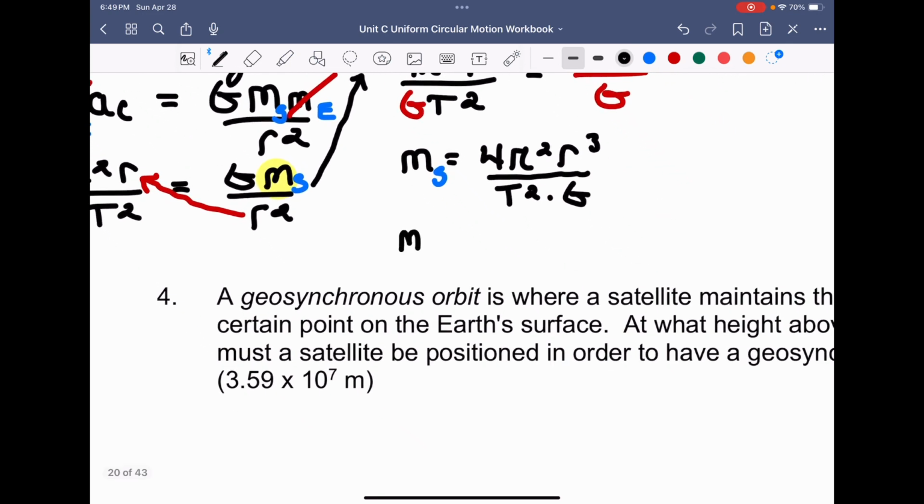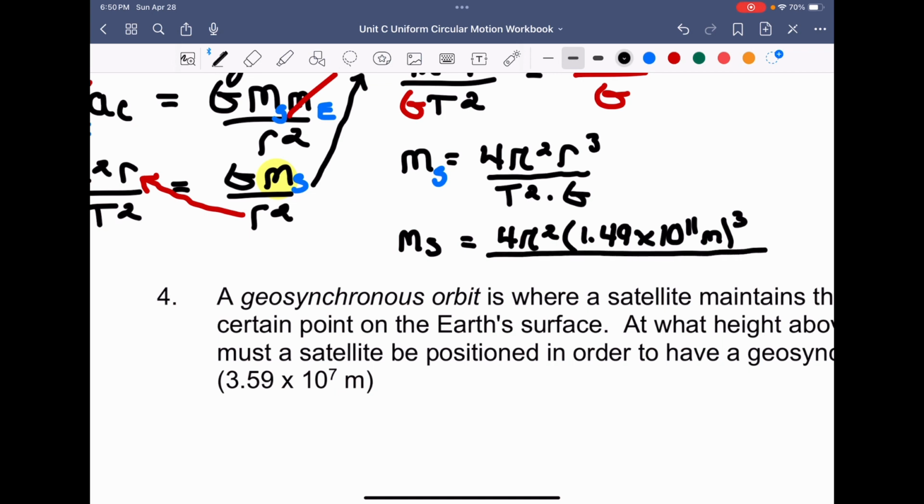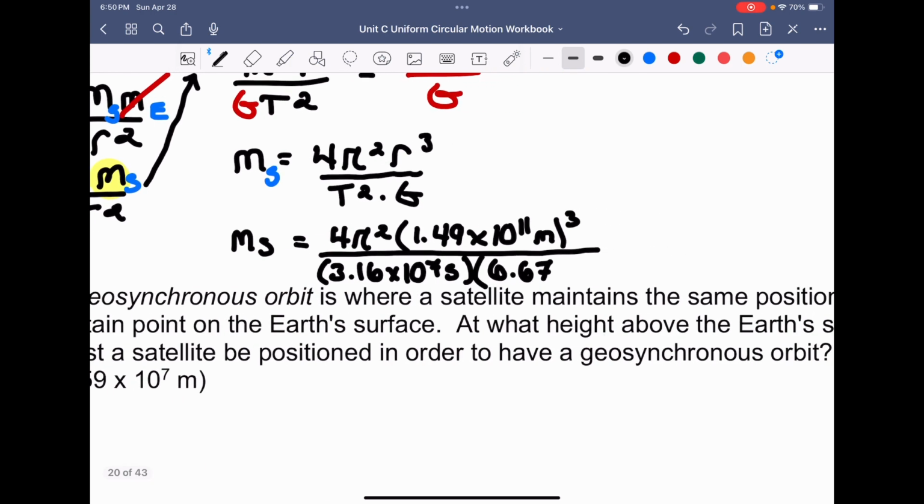Now, we're going to write this in as mass of the sun is equal to 4 pi squared, radius, they gave us that radius, which was 1.49 times 10 to the 11 meters. And this is going to be cubed, so I'm going to write it to the power 3. We're going to divide it by the T squared, which we found to be 3.16 times 10 to the power of 7 seconds. So a very, very large amount of seconds, times the gravitational constant, 6.67 times 10 to the